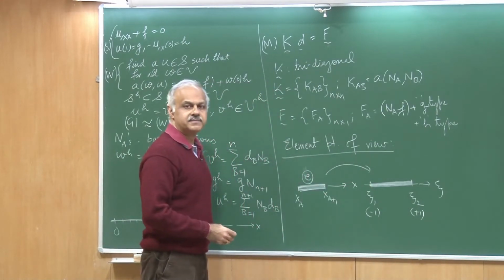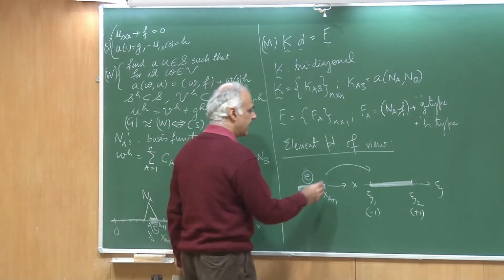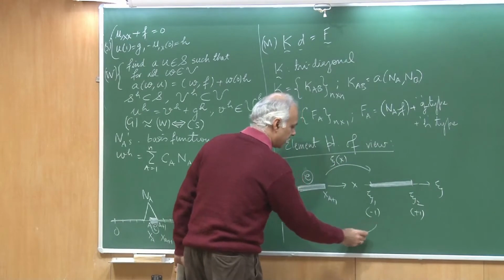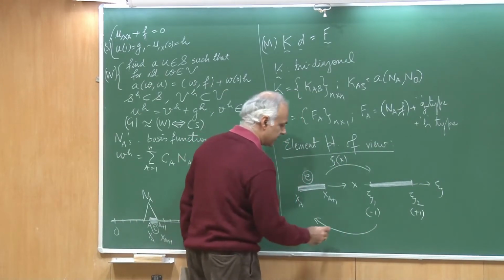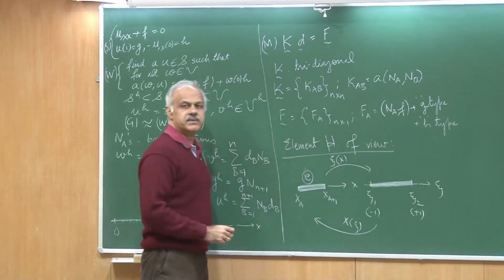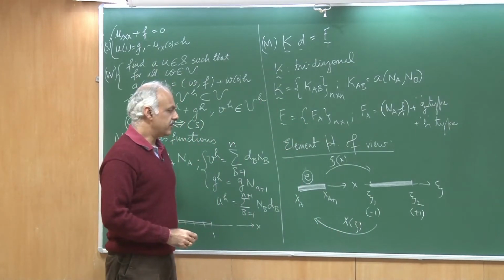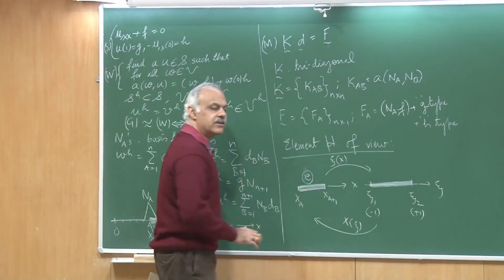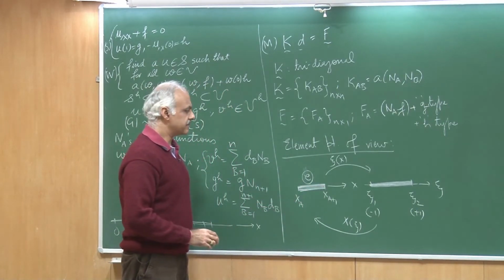and each of these elements was transferred to these local coordinates. And the transformation was given as that xi is a function of x, and of course, we can also come up with the inverse transformation that given a xi, can I form the x. So, this transformation is the same from one element to the other. So, it is like a template.